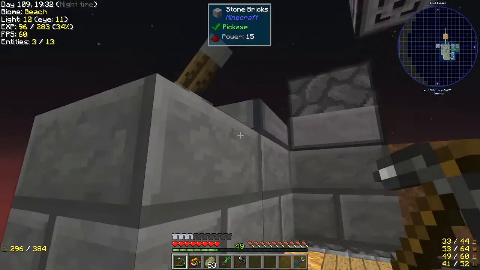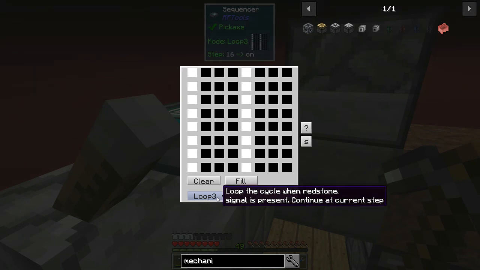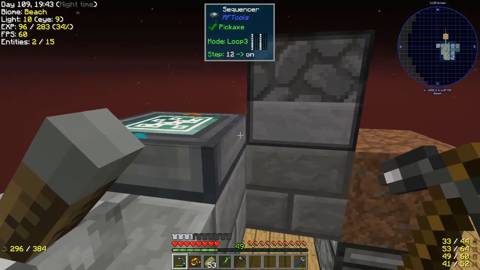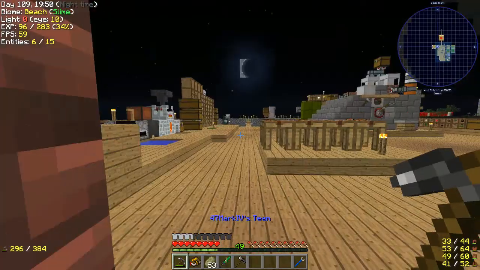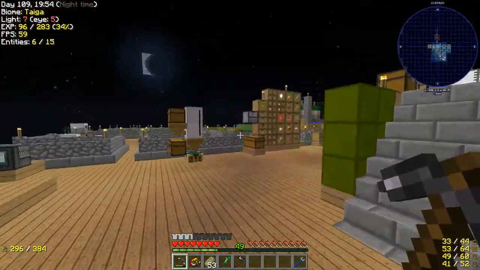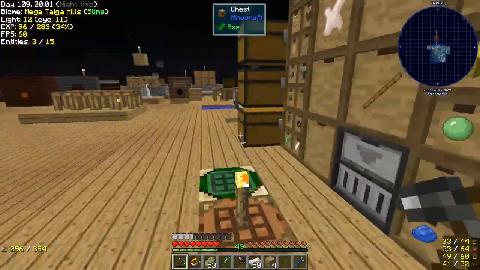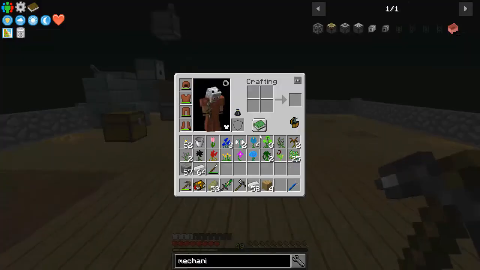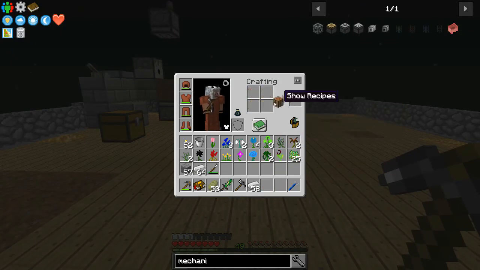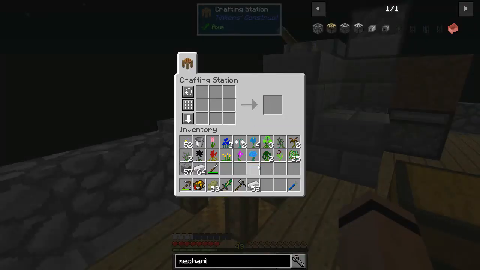Okay. Wait, do I not have the cycle right? Oh, restart on redstone pulse. Here we go. Loop the cycle when redstone signal is present. There we go. That's the one that I wanted. All right, so I've got that portion. Now we need a bunch of shears. So I'm going to need like 18 iron. And you know, let's start making crafting tables wherever we go. Although I've been a pretty big fan of the forestry workbench, just because it remembers common things. Like, that's really handy. Alright, so I'm just going to set you on top of the light. Oh, I had iron on me. Alright, so...